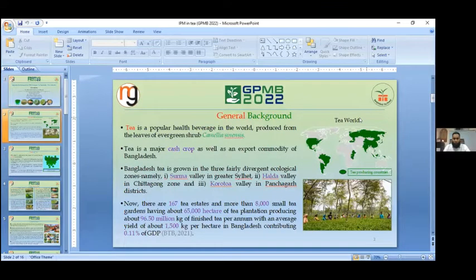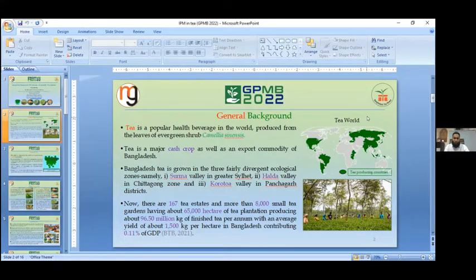So at first, I would like to say that tea is a popular health beverage in the world produced from the shrub Camellia sinensis. Tea is a major cash crop as well as an export commodity of fairly divergent ecological zones, namely Surma Valley in Greater Sylhet, Halda Valley in Chittagong zone, and Korotwa Valley in Panchagarh